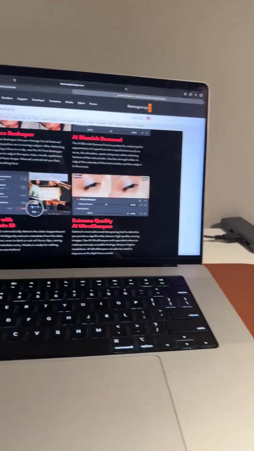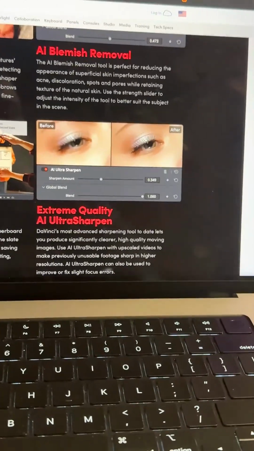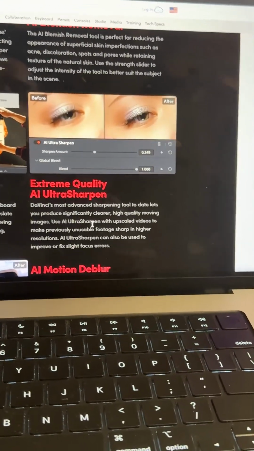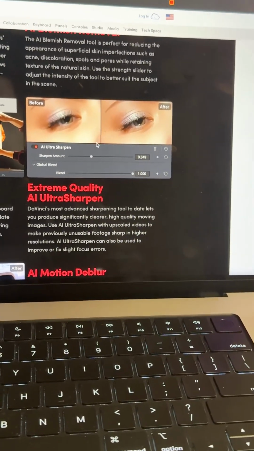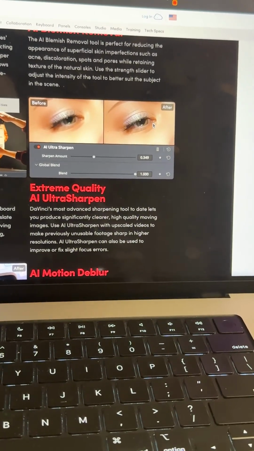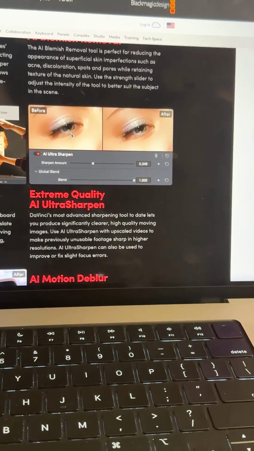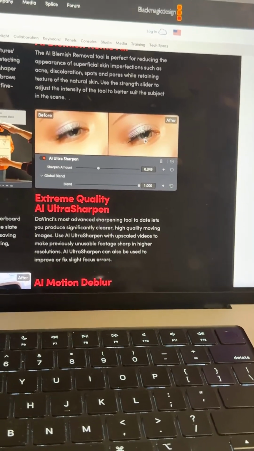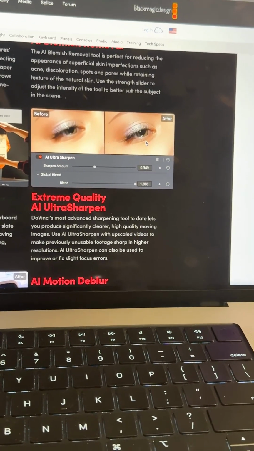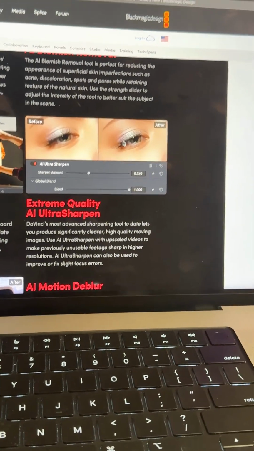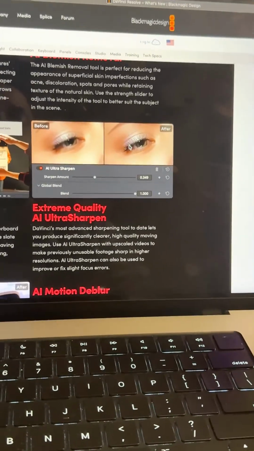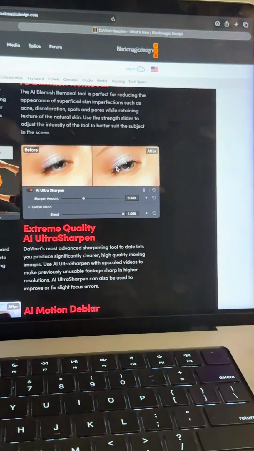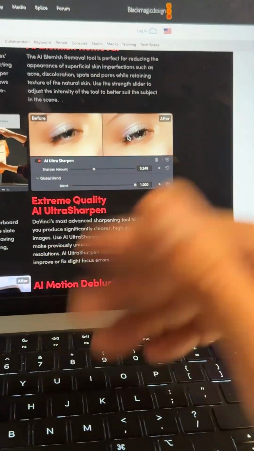And the next one is Extreme Quality AI Ultra Sharpen, before and after. All of us know capturing eyes, and how much your eyes have to be in focus, whether it's a photo or video.